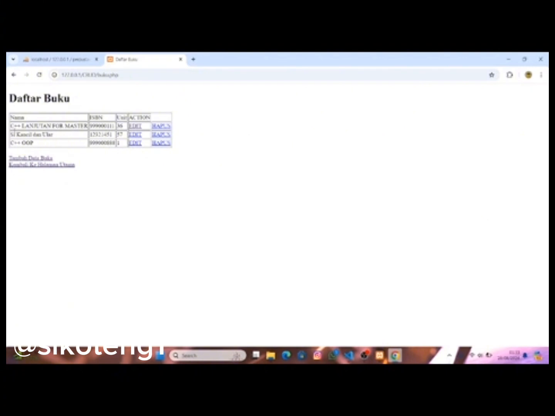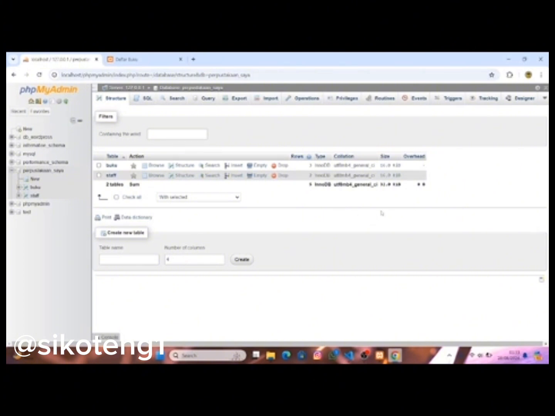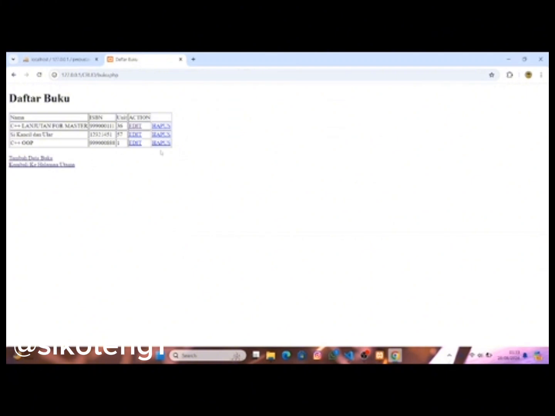You see it's changed from C++ lanjutan to C++ lanjutan for master with units plus 2 from 34, and this is update, right? This is update. You want to update something in the database, and the last one is delete.